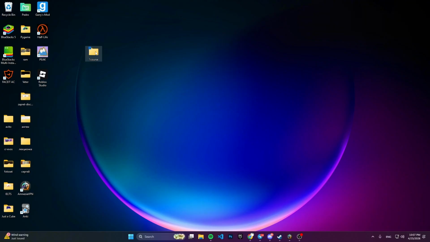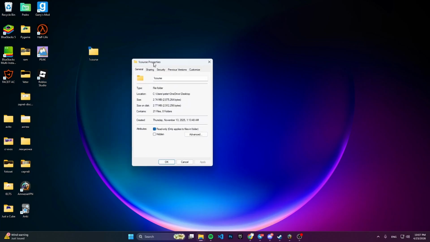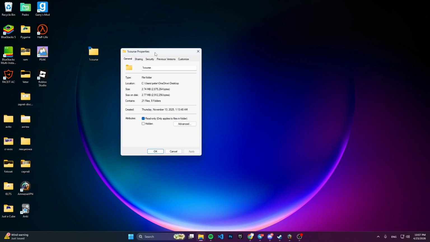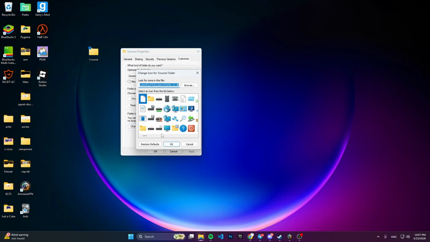To do this, all I have to do is simply right click on this folder and click on properties right here. So now I have the properties of this folder and I need to click on the customize tab, the last tab right here, and here I have folder icons and I can click on change icon. Here I have some pre-installed icons on Windows, but all of them look kind of ugly to me, so I recommend